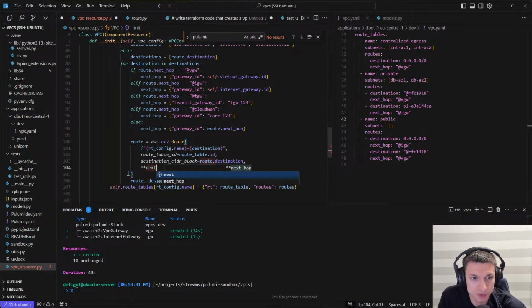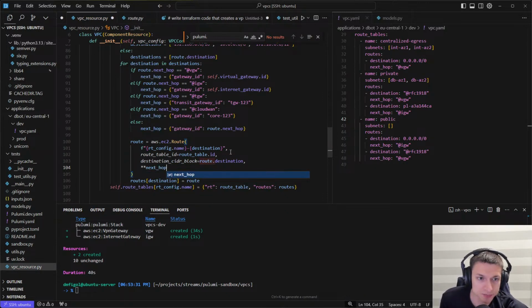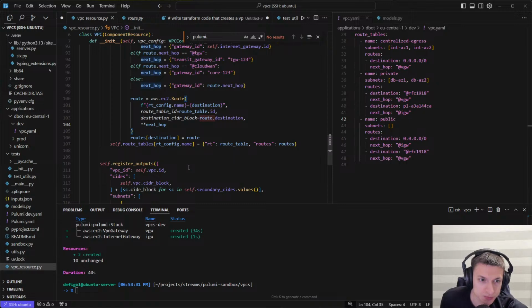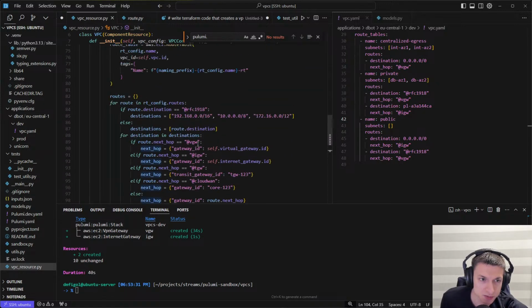And here we will expand next hop. All right, so we created a route. We attached it to a route table for the specific destination, and we did the next hop. After we created the route,